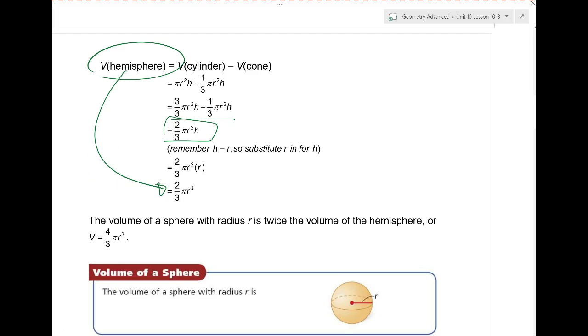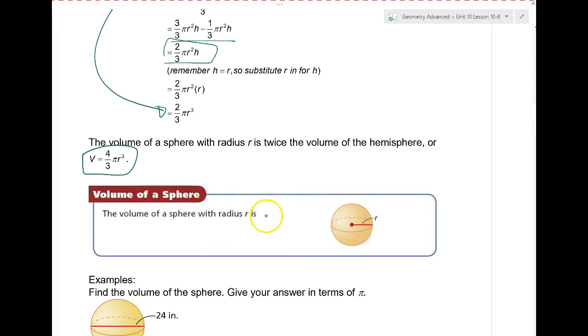Well, a sphere is how many hemispheres? 2. So you just multiply it by what? 2. There's your volume of the sphere. It's 4/3 pi r cubed when we work with it. So the volume is just 4 pi r cubed over 3,